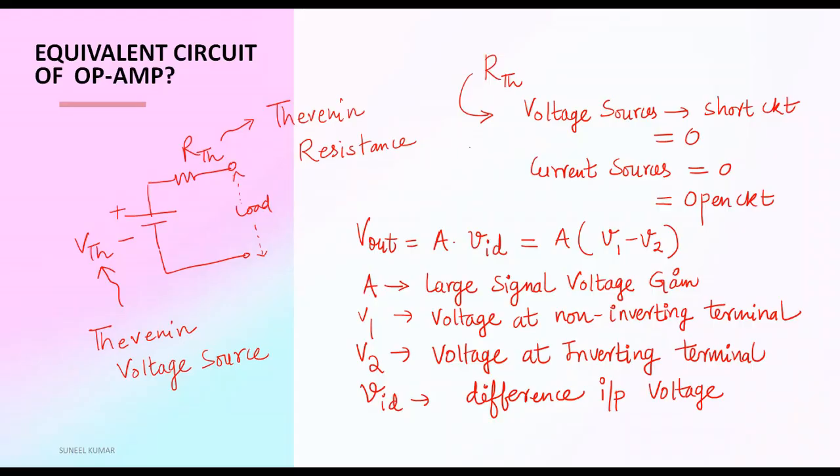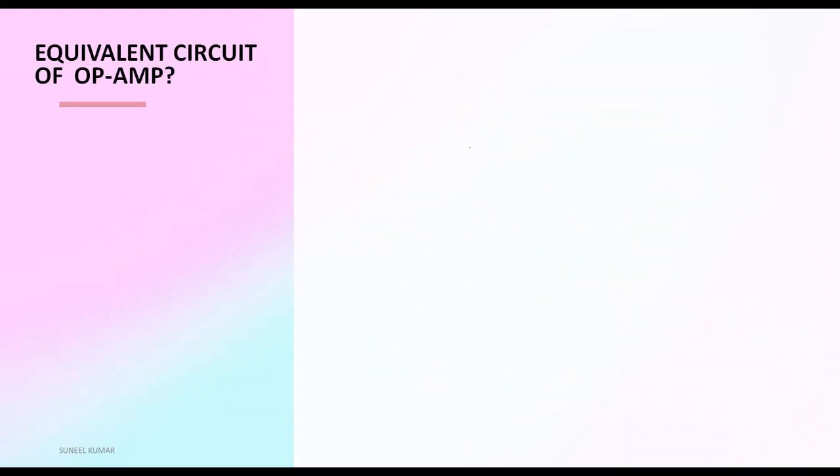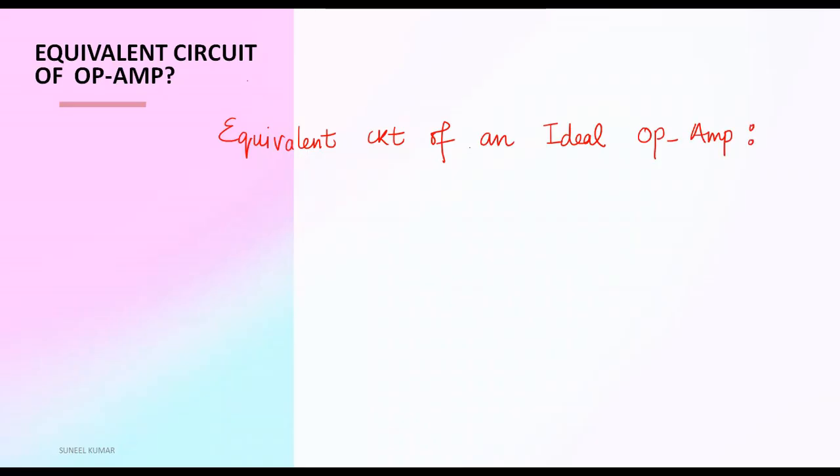So similarly, we are going to make the equivalent circuit of an ideal op-amp. So in the last class we have seen that the gain should be infinite, open loop gain should be infinite, then